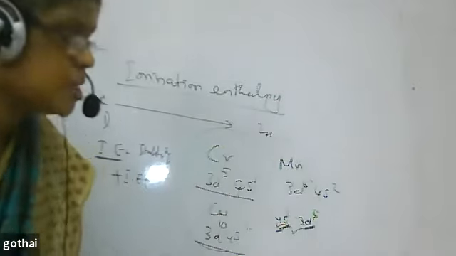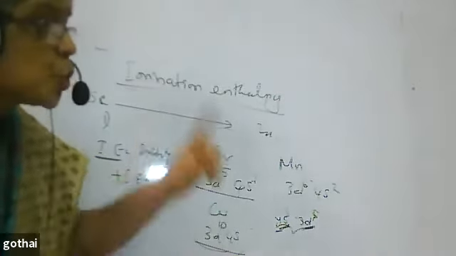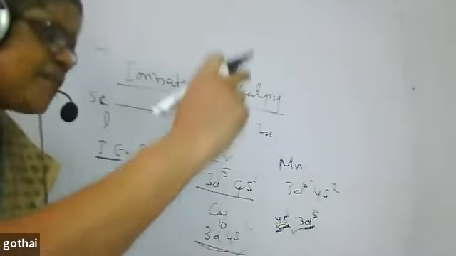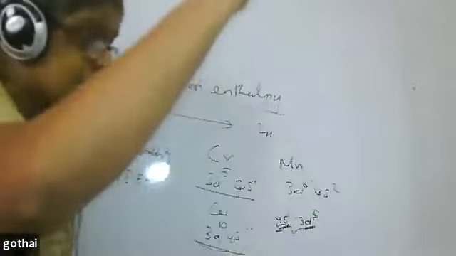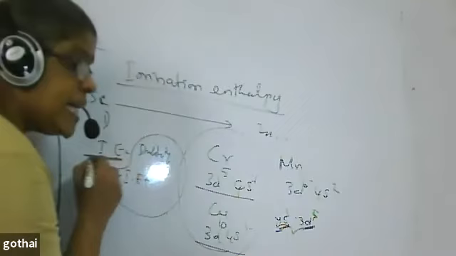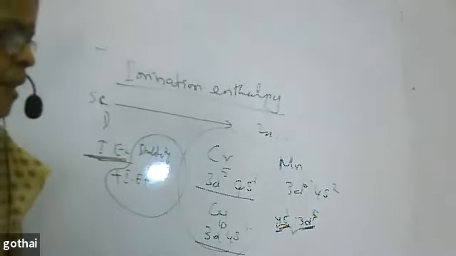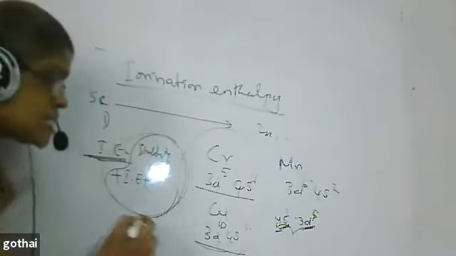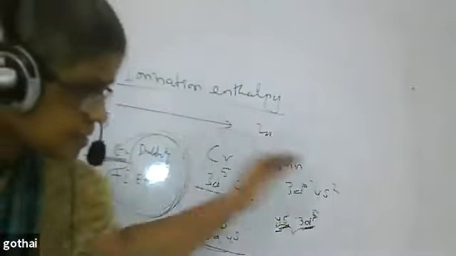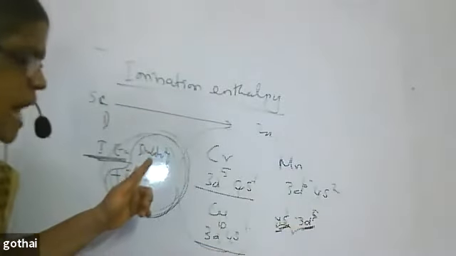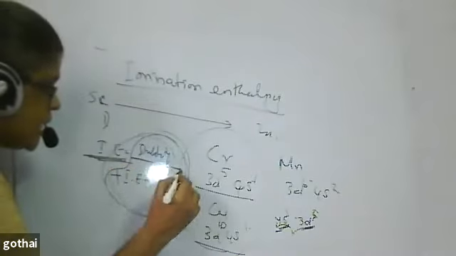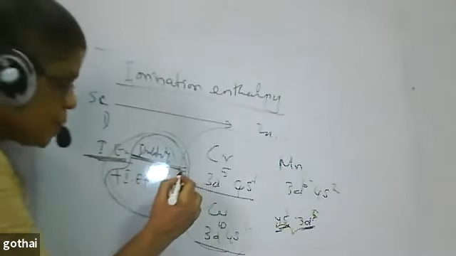There is a reorganization energy that arises due to the increase of electrons in the d orbital. When there is an increase of electrons in the d orbital, there is another energy increase. The sum of these three only we account as ionization enthalpy. Do all these things happen regularly in this period? No. Some are having stability, some are not going for transfer of electrons. So this you can see only in copper and chromium.